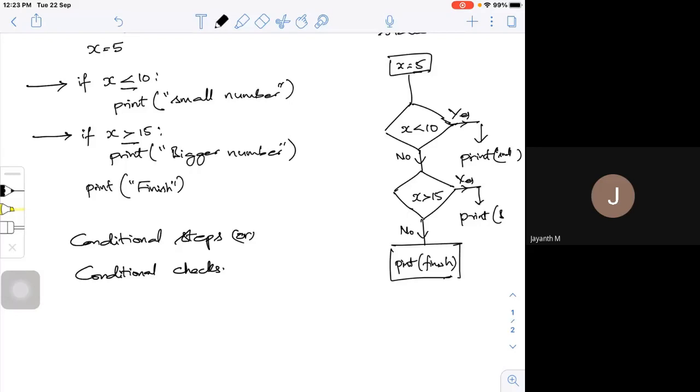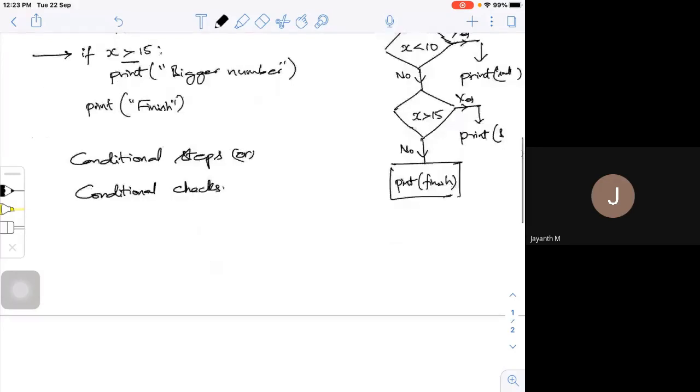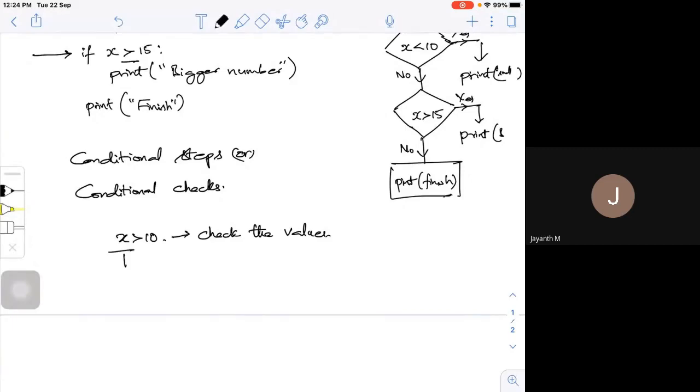See, what does it actually do? Say, for example, if I say x is greater than 10, it only checks the values of the variable, and it doesn't change it. It only looks at the variables to see whether the condition is satisfied or not, and it does not change the variables. So you always have to keep this in mind.